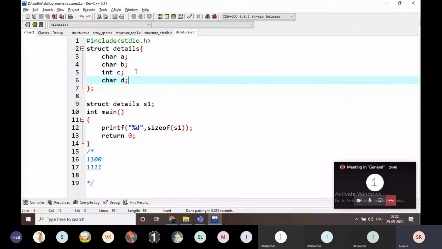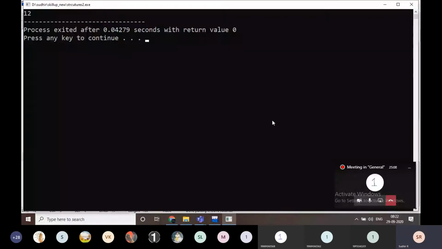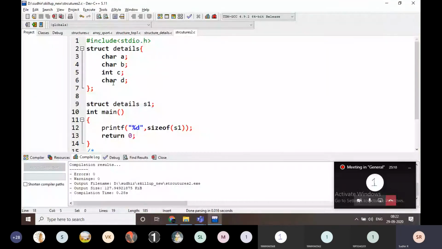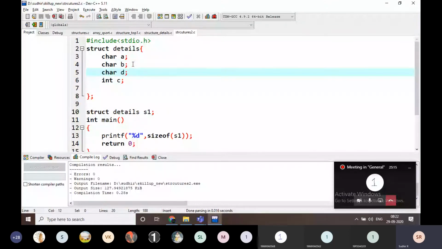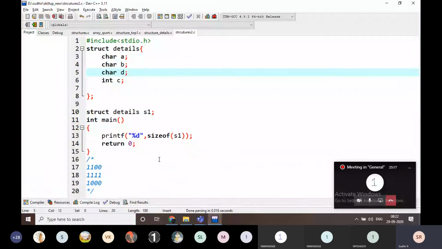Can anyone guess what is the output now? One byte, sir. Again 1 is taken. Now what is the size of the structure? It is going to be 12. No doubt about that. For example, I am going to take this character at this position. Now the size is going to be changed.